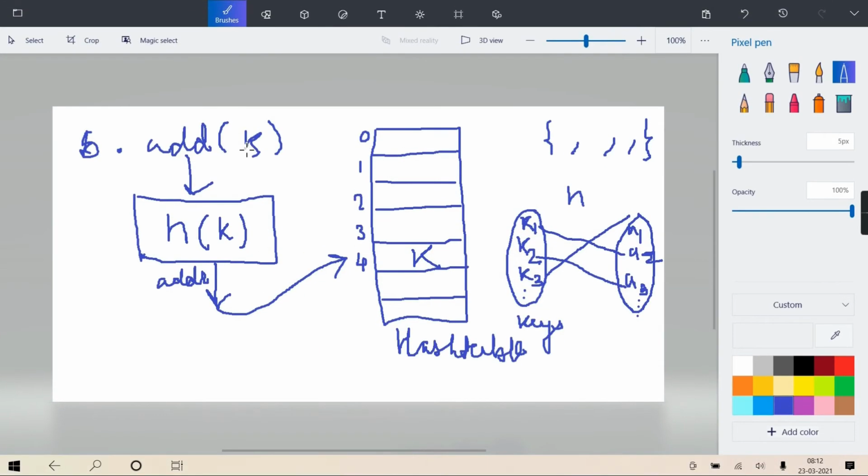Right? So the first key is mapped somewhere in the lower bucket, your 10th key is mapped somewhere to the first address, and when you check this hash table, there is no guarantee that at the 0th place there will be the first key only. There can be your 10th key also at the 0th place, and that's the reason it is unpredictable.